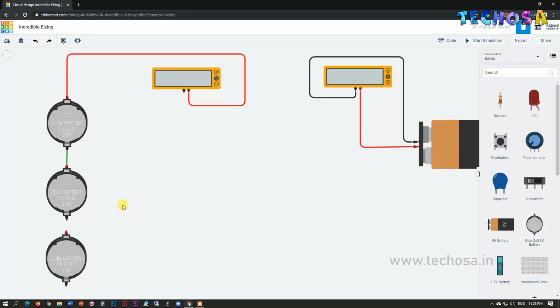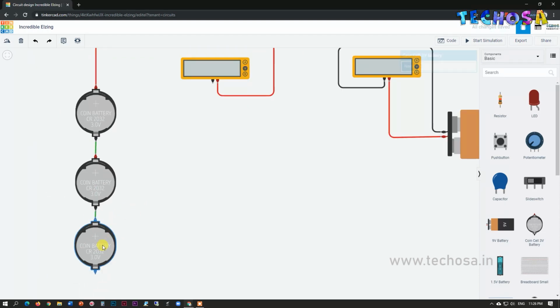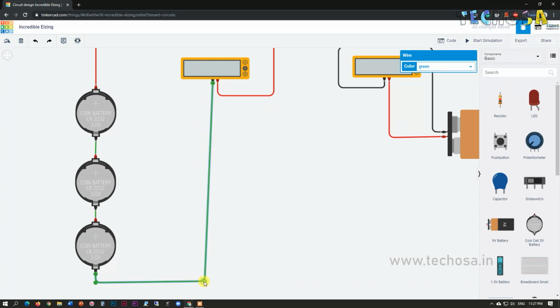Now connect the negative terminal of the second battery to the positive terminal of the third battery, and connect the negative terminal of the third coin battery to the negative terminal of the multimeter. This connection is called a series connection. So we connected the 3 coin batteries in a series connection.